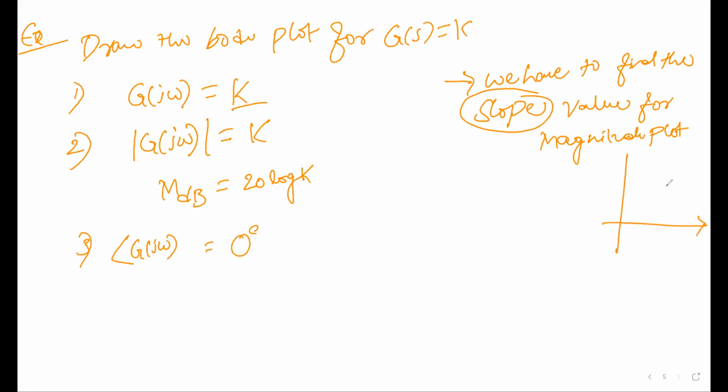What is slope generally? If you draw a line, this theta is the slope. The slope is nothing but tan theta. Taking this as the x-axis and this as the y-axis, the slope is y2 minus y1 by x2 minus x1, which is nothing but dy by dx. Tan theta equals dy by dx.